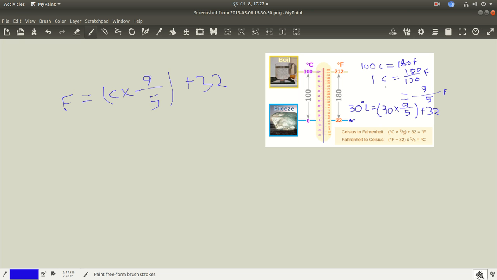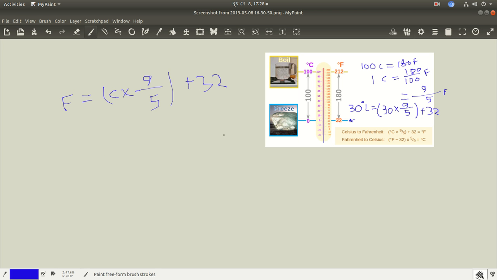Because we have shown here that 1 unit of the Celsius scale equals 9/5 unit in the Fahrenheit scale. So we multiply it, and because the Fahrenheit scale is 32 ahead of the Celsius scale, we need to add 32 to it,